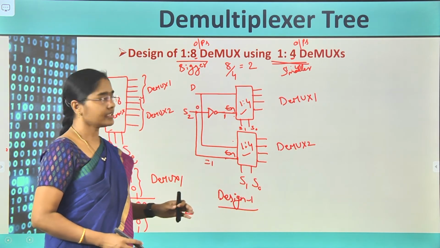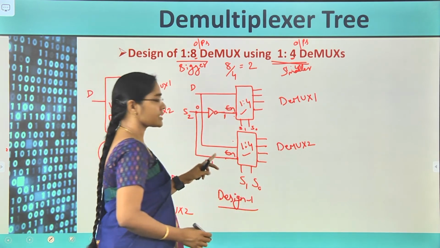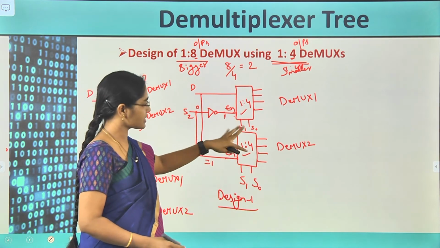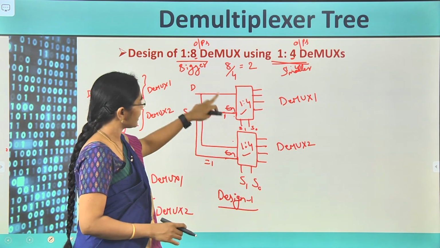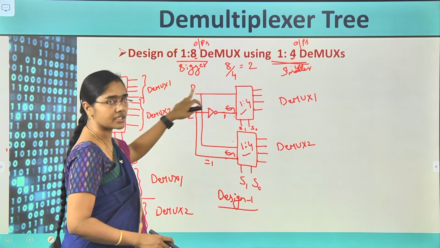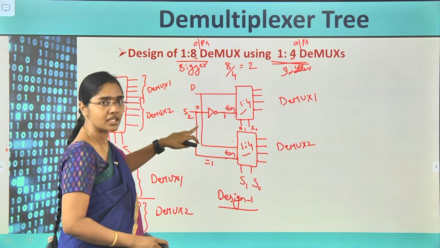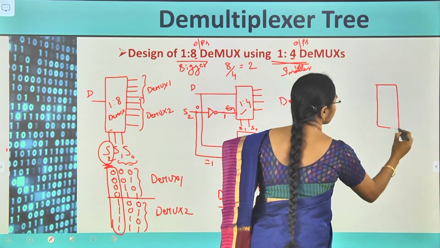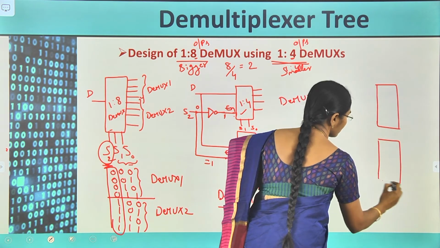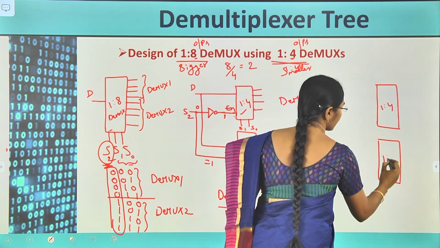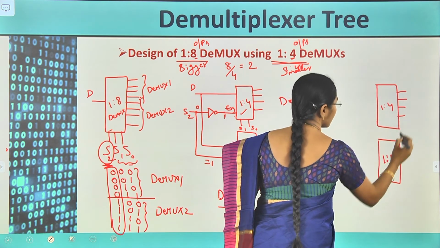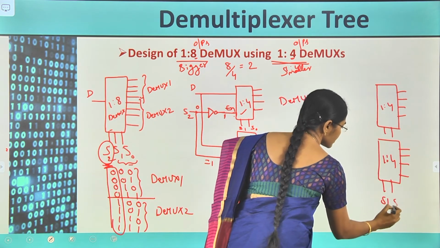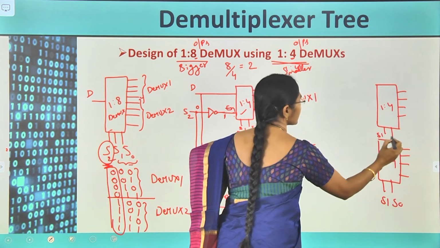In the next design, the second design, this can also be designed in another way, that is demultiplexer 1 and demultiplexer 2 are as they are. This section is the same, and we may use something other than this inverter as S2, the enable signal here. That is demultiplexer 1 and demultiplexer 2, 1:4 here, 1:4 here, with 4 inputs, with 2 selection lines S1 and S0 connected.